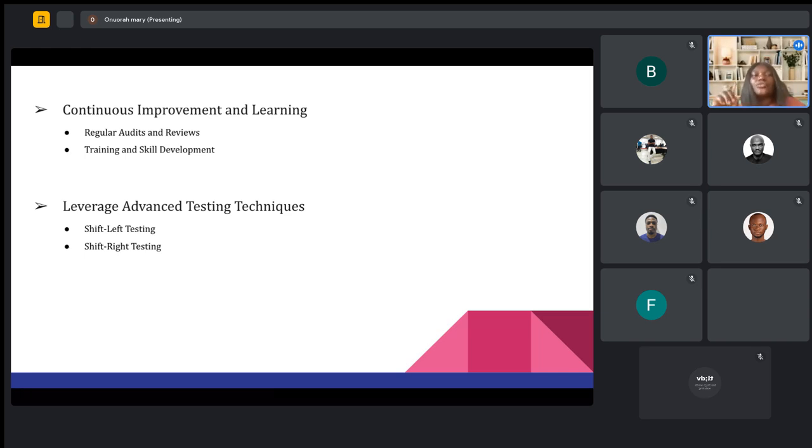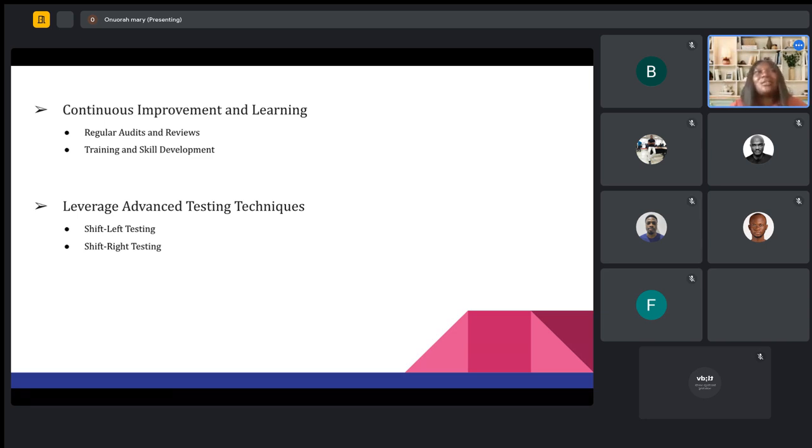Ensure that you perform audits, and ensure that you provide resources for training and upskilling, right? For learning, right? They should be able to keep up with new technologies, new tools that are out there to help enhance